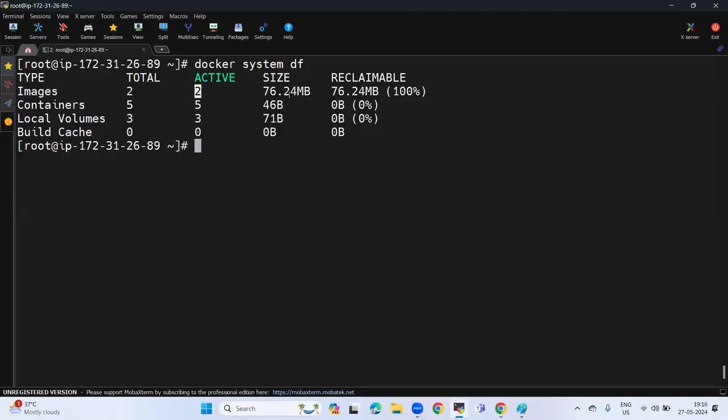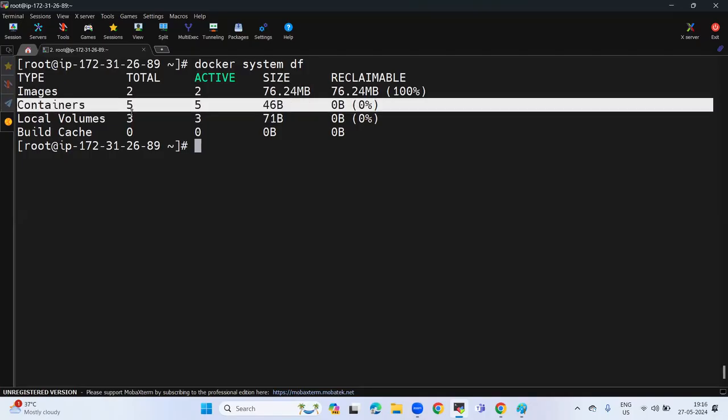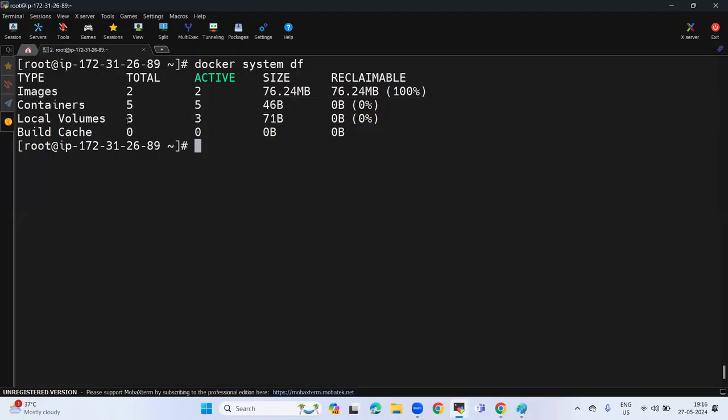What is the size here? And how many containers I'm having? Active means currently 5 of them are actively used, and I have 3 local volumes. And what is the data here? So like this, you can list all the containers, images, and volumes. But sir, my requirement is I want to know which image is attached to which container